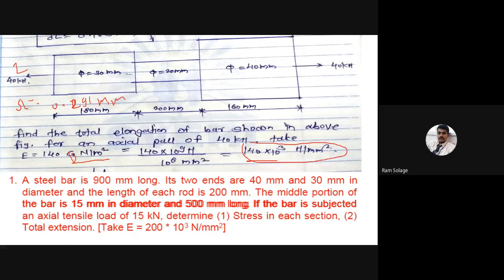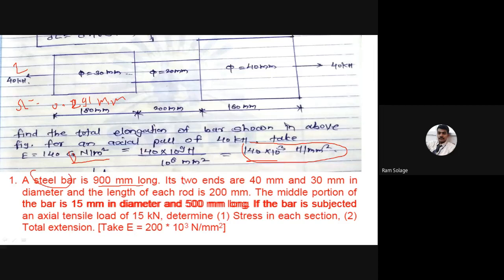Over. Now I think all students have written the problem. Now this is a very simple problem, but we have to draw the diagram. How to draw the diagram? Now see, I will read the problem. A steel bar is 900 mm long. A steel bar is given, having total length. Keep in mind the total length is given, that is 900 mm long. Total length will be 900.